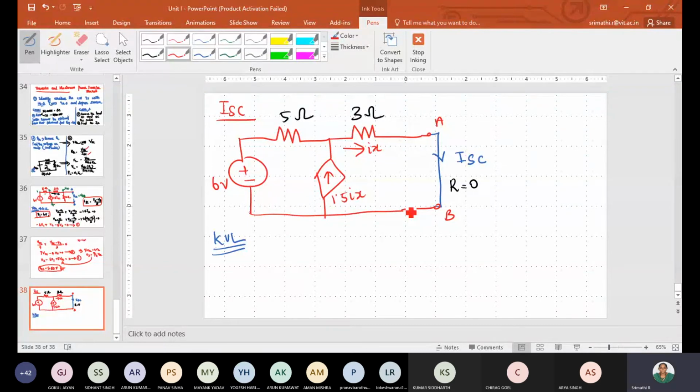And moreover, whenever we are encountering a current source between two meshes, am I right? Between two meshes, such a mesh is said to be a super mesh. So the procedure for solving super meshes: first let me name this as 1, 2, a super mesh, SA and SB, 2 nodes. Remove the super mesh branch.